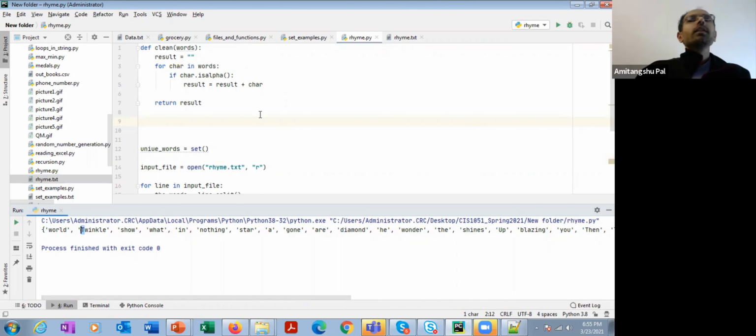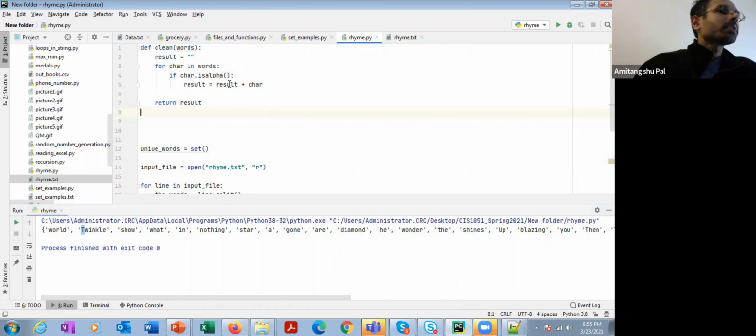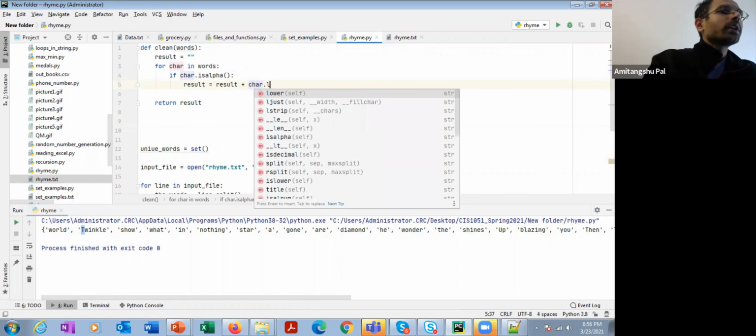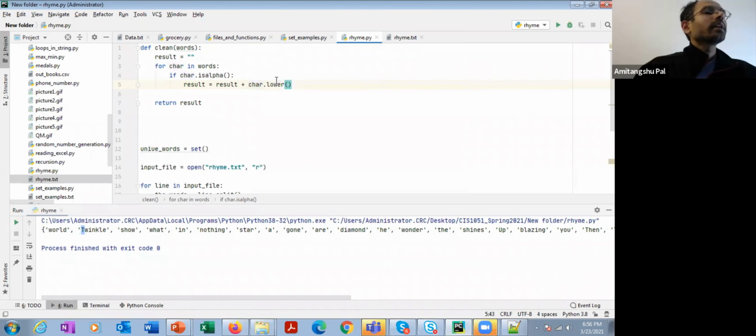That operation is pretty simple, because while adding the character to result, I am first converting it to lowercase. Corresponding to each character, it is going to check whether it's an alpha character or not. If yes, it is going to convert it to lowercase and then add it to the result.